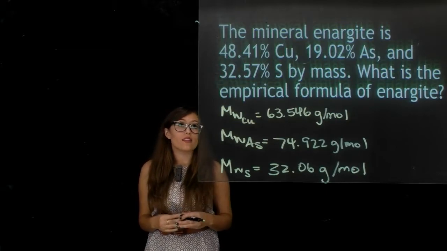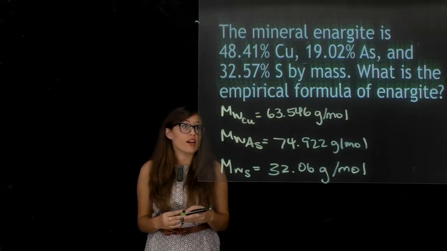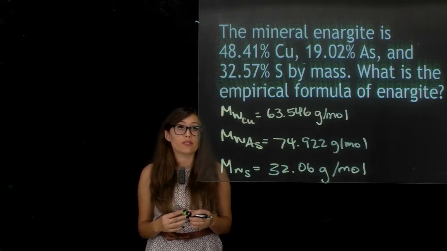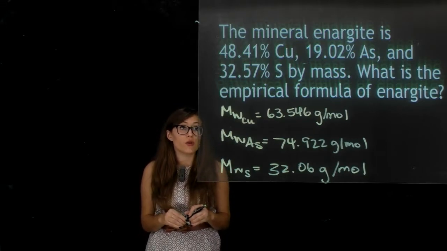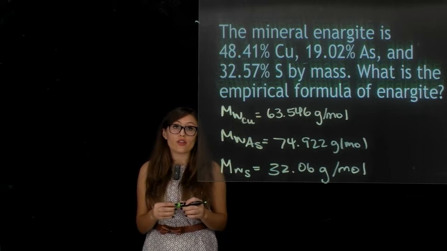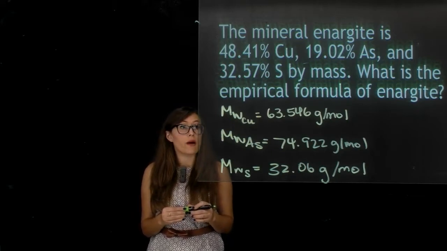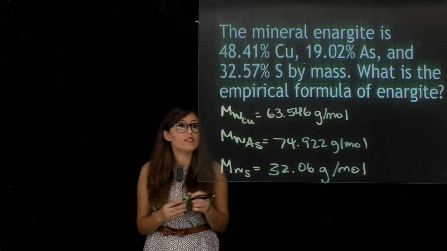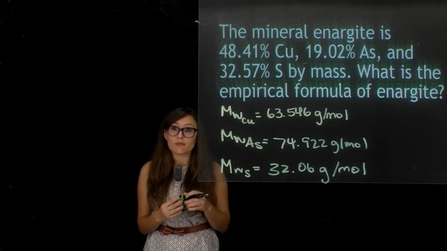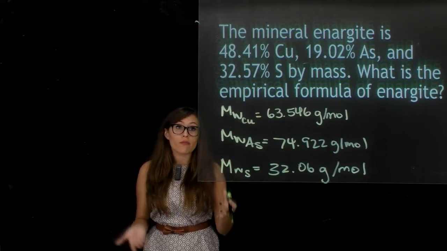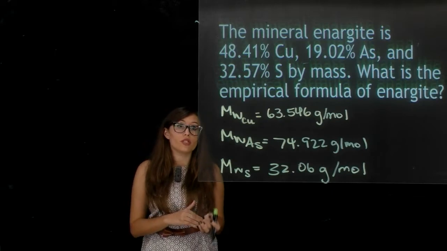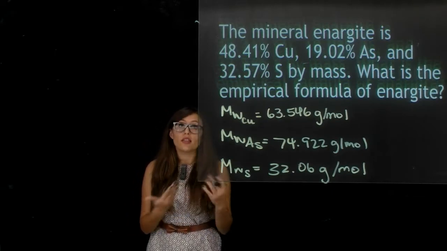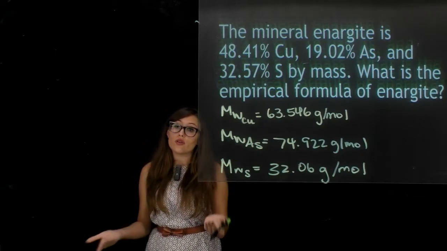The following problem states the mineral anorgite is 48.41% copper, 19.02% arsenic, and 32.57% sulfur by mass. What is the empirical formula of this mineral? Well, remember when you're approaching empirical formula problems and they give you percents of masses, you assume the mass is